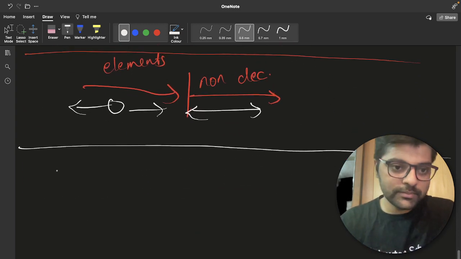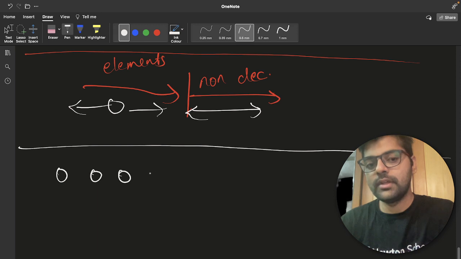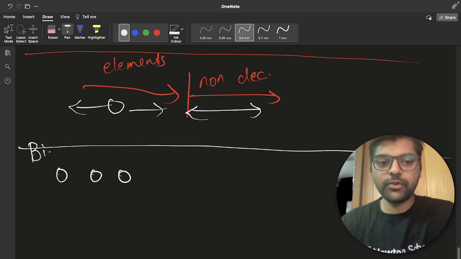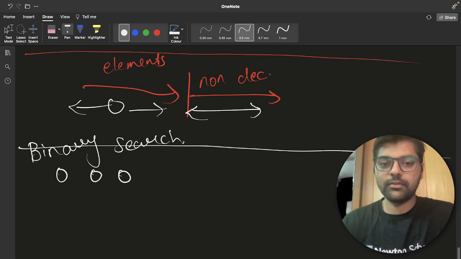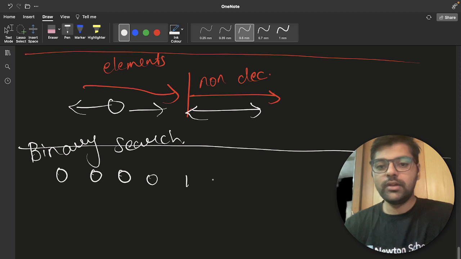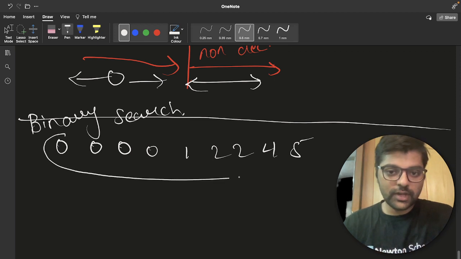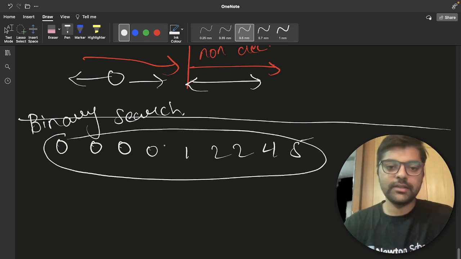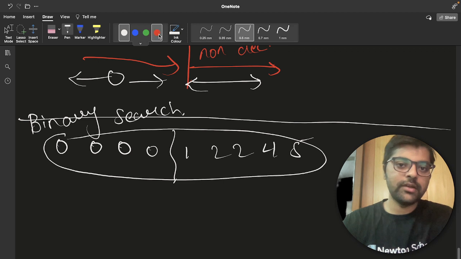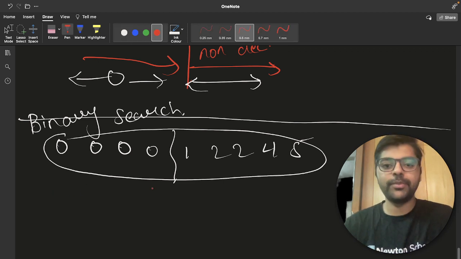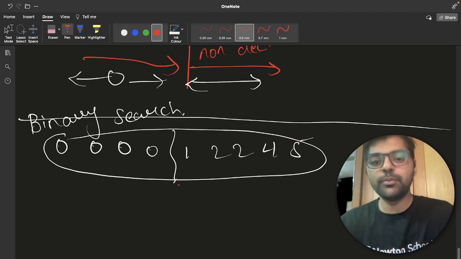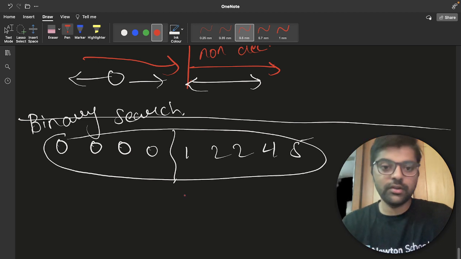So here comes the binary search approach. Why will I use binary search? Let's say there is 1, 2, 2, 4, 5, right? Our final sequence will be of this type: up to some index 0 will be present, and after that you will get some positive integers in non-decreasing order.